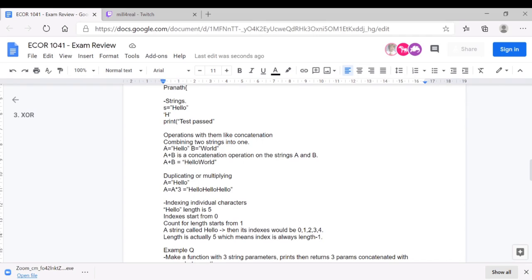So a size 5 or a length 5 does not mean the last index is a 5. The last index is actually 5 minus 1, which is a 4. And the first element of that string or array is not the index 1, but it's actually index 0. So it's a very common error. We've noticed it in the labs, and it's very general. People can sort of miss out on that very small detail, but it's very critical. And an error on that could lead your program to terminate or fail. It generally gives errors like index out of bounds and all that.